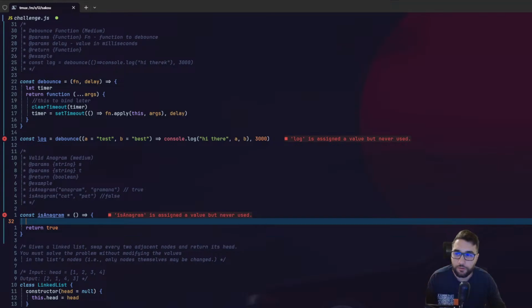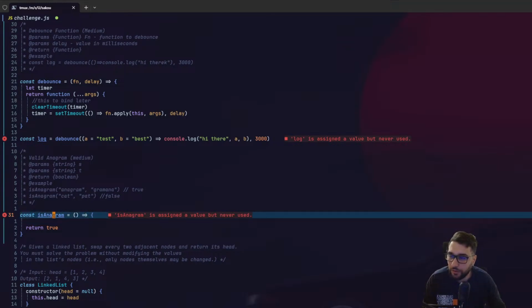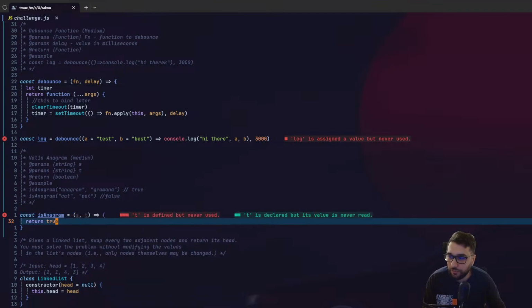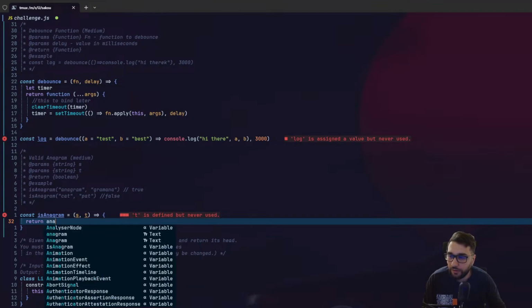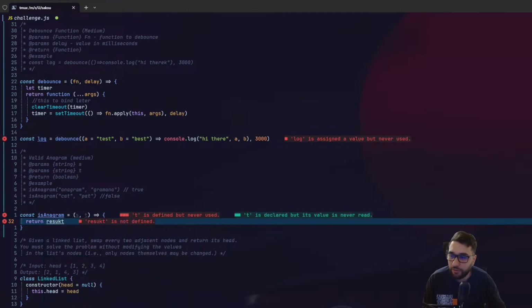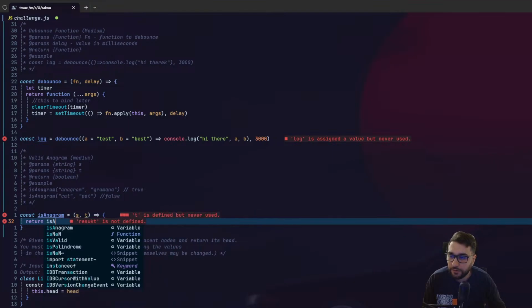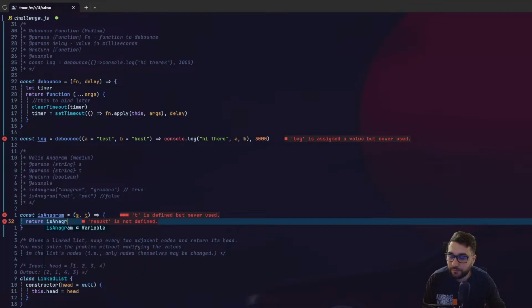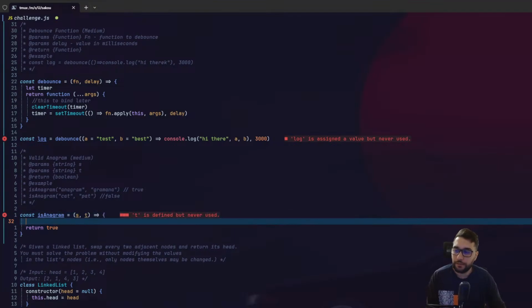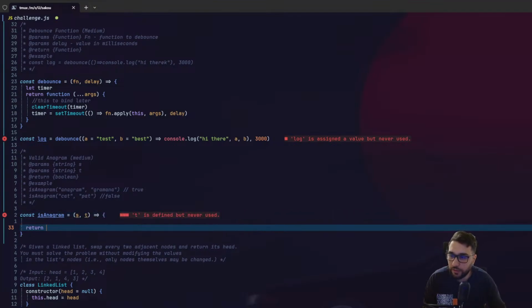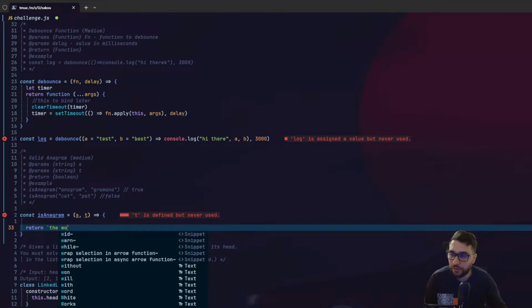Yeah, so isAnagram, that is the function. As we said, it will take that s and t, and it will return some boolean here. I would call it anagram result, maybe, whatever you want to call it, honestly. isAnagram seems like not the right word for it, but for now we will return true, right? Or let's return a string. In this case we say the words are